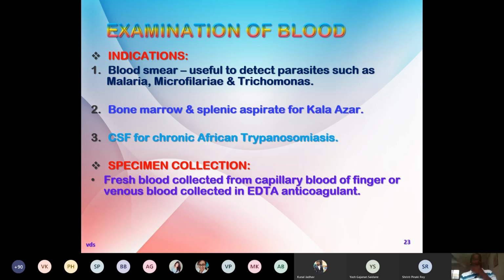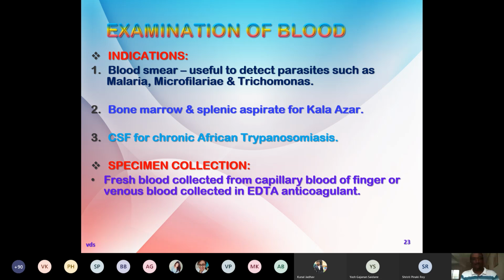Okay. So what specimen is to be collected in which infection? That is very important. Particularly with respect to blood, we can prepare a blood smear, which is important in malarial parasite infection, and microfilaria detection in filariasis. Third is, it is not Trichomonas. I'm very sorry, it is misprinted by me. It is Trypanosoma infection. You may correct it if you have downloaded the PowerPoint. So it is not Trichomonas, it is Trypanosoma infection, trypanosomiasis.